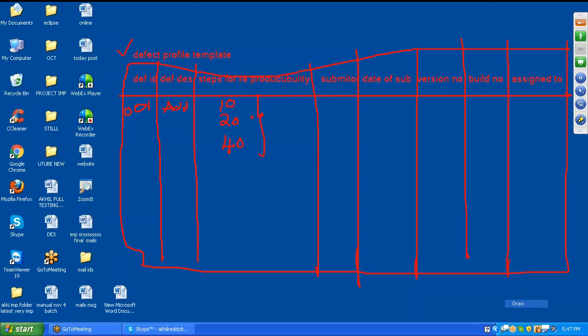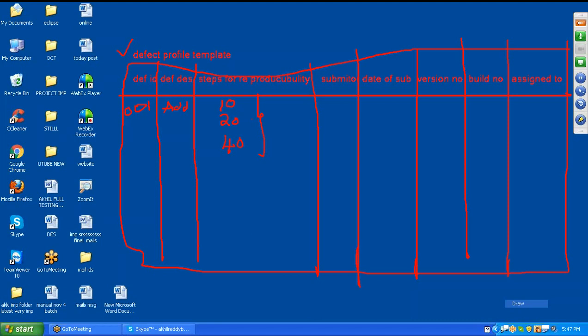Just saying the add button is not working is not fine. Whenever you are raising the defect, what steps did you follow? What is the response coming? You need to mention it clearly. I took one application, in the place of value one I took 10 and I took 20. If I click on the add button, the result is showing 40. So like that, we need to mention the steps. Got it, sir? Yeah, got it.